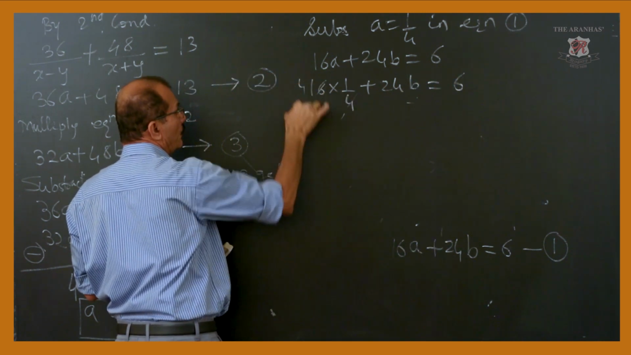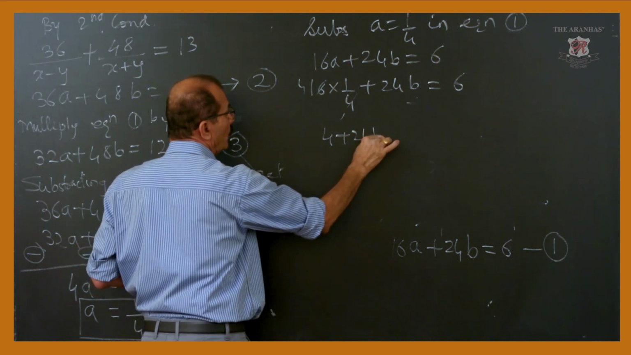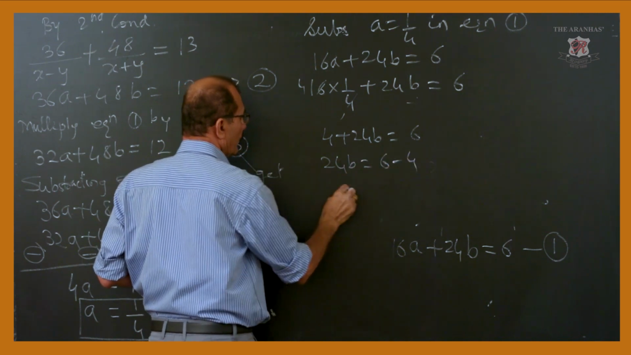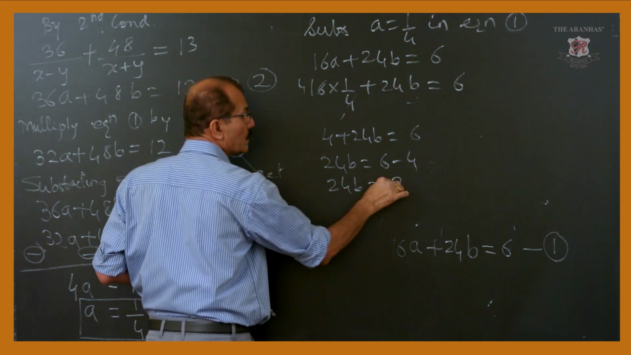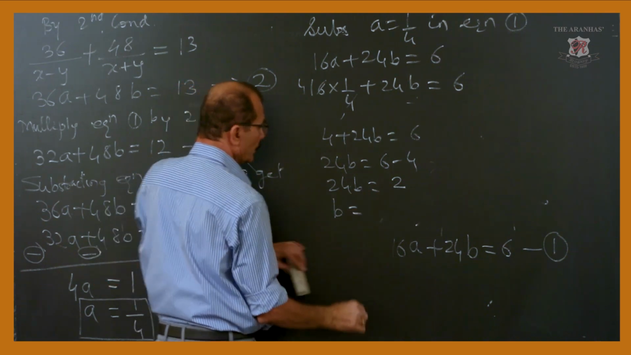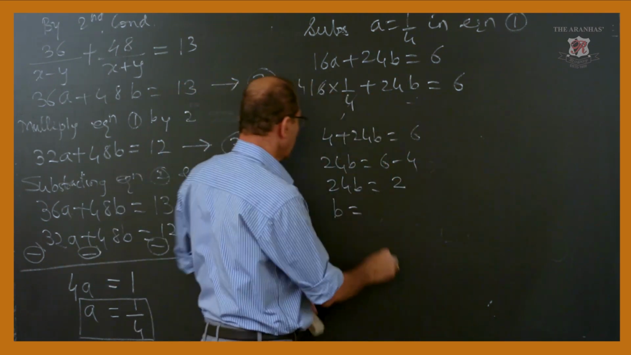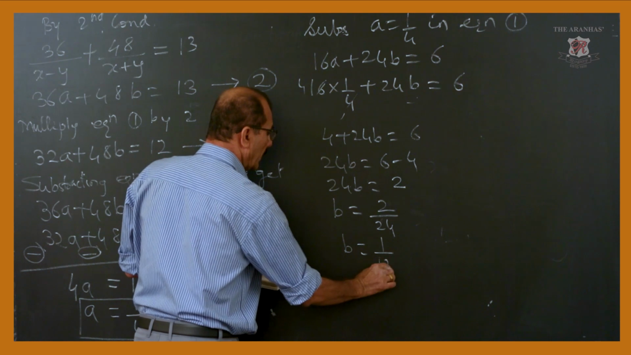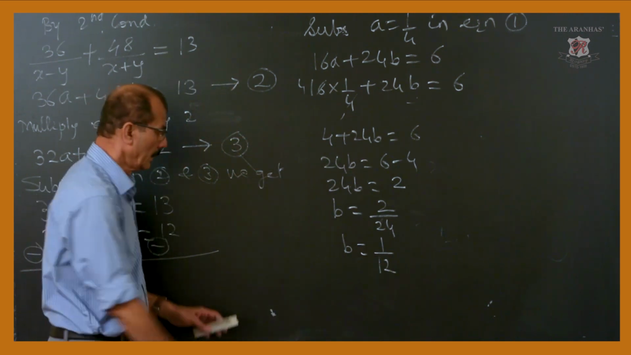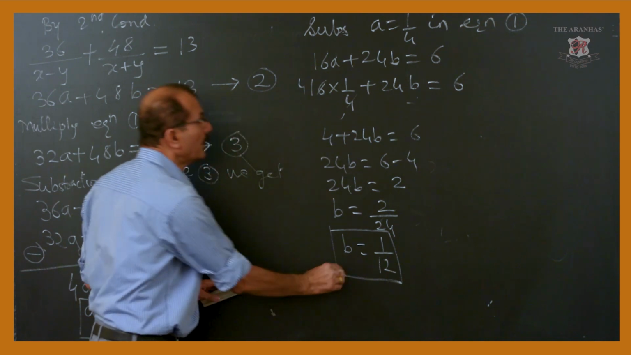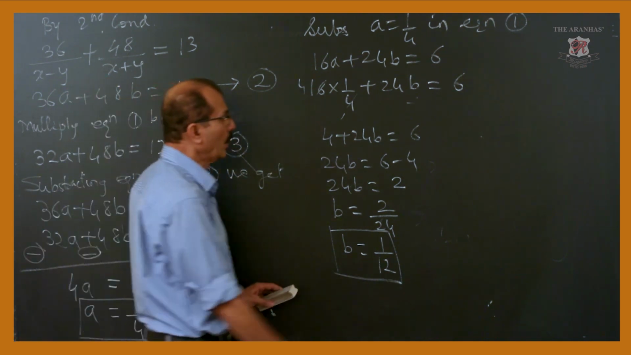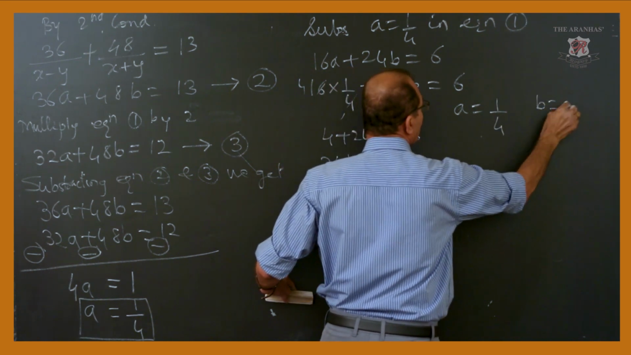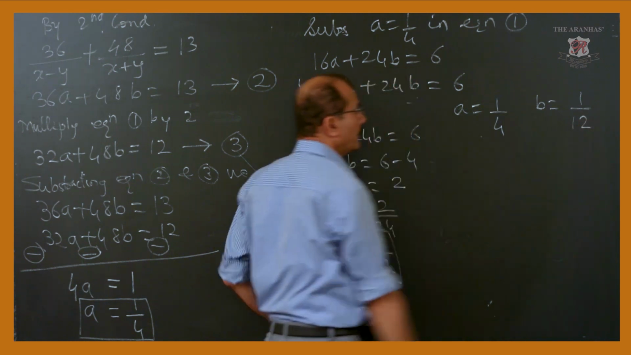4 ones are 4, 4 fours are 16. So, 4 plus 24b is equal to 6. So, 24b is equal to 6 minus 4. So, 24b is equals to 2. So, b is equals to 2 upon 24. So, b is equals to 1 upon 12. So, I got a is equals to 1 upon 4 and b is equals to 1 upon 12,